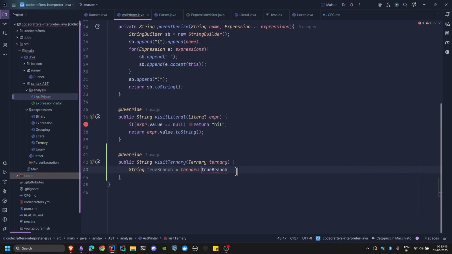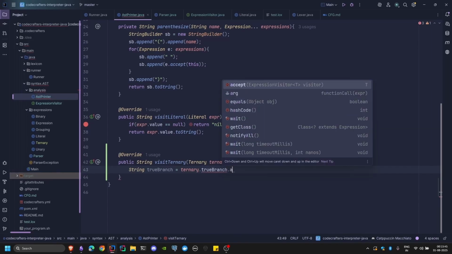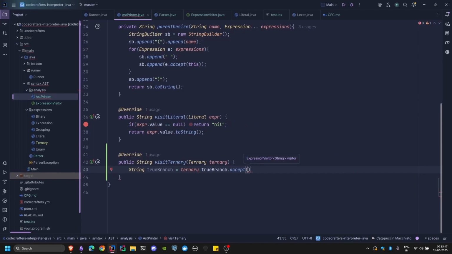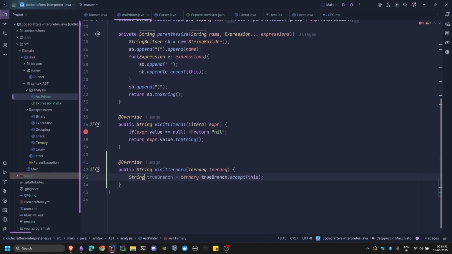So true branch is an expression, so I will call the accept method on it with the current visitor, and then we have the false branch. We have the false branch,